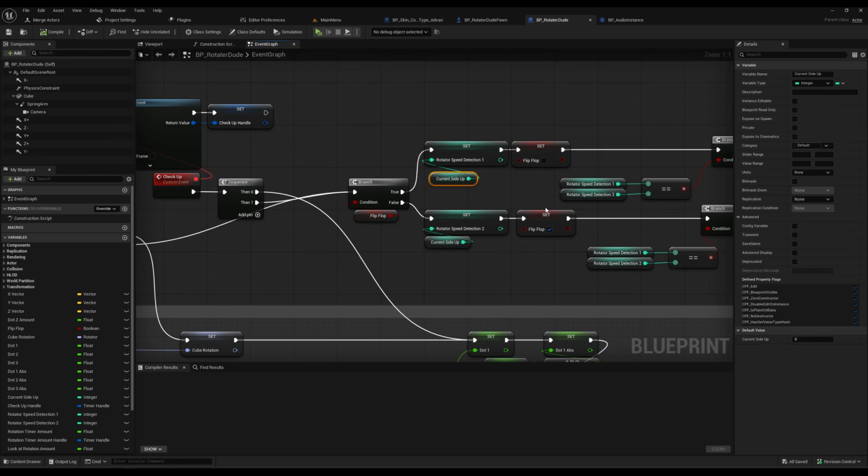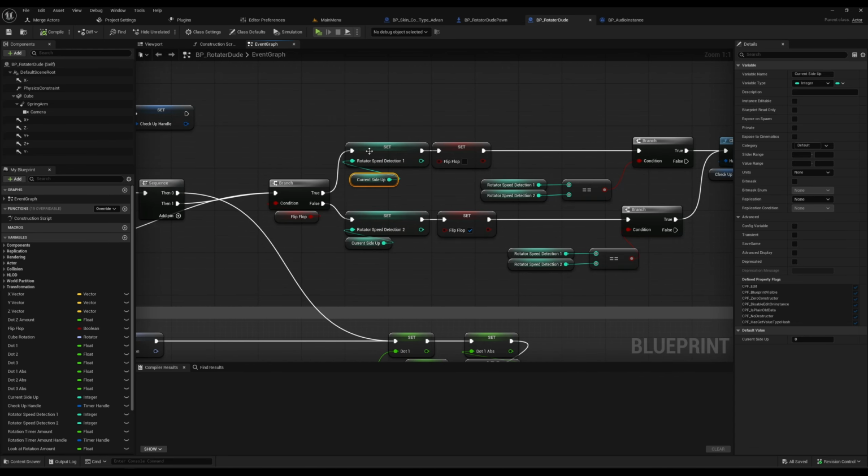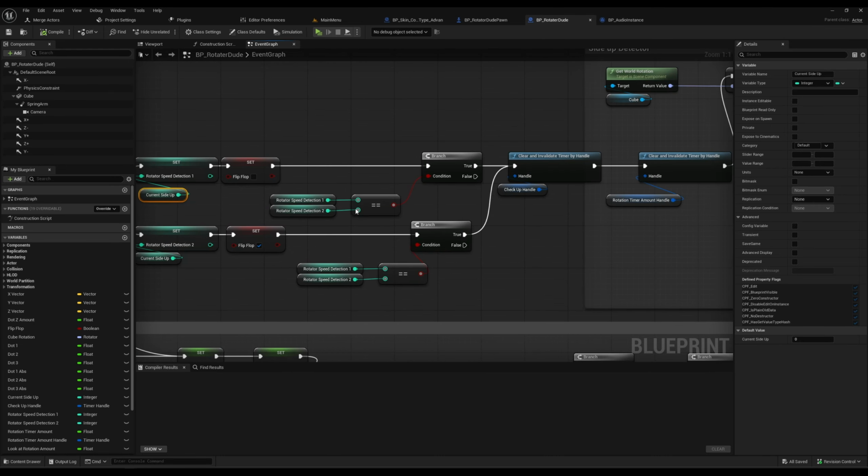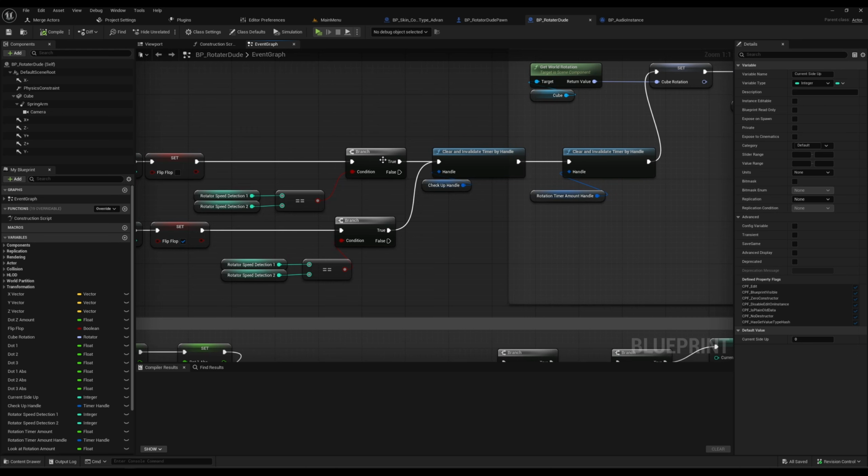And you can see that it flip-flops itself. So every time this goes off, it comes through here, goes out through there, it'll flip to the next side. And then next time, it'll go up here. And it's just setting these and flipping it and checking if they're equal. And if they are, that means the cube has probably stopped tumbling. It's been about a second. So we're probably safe to move on to the next part,